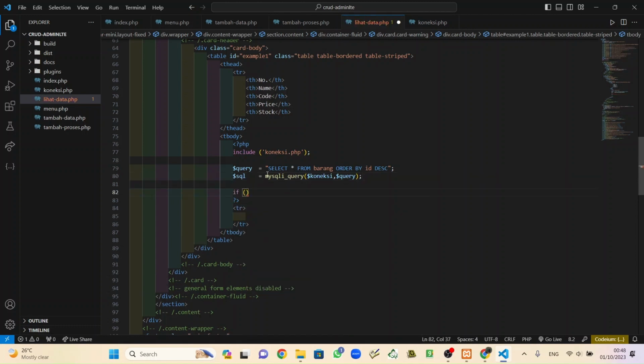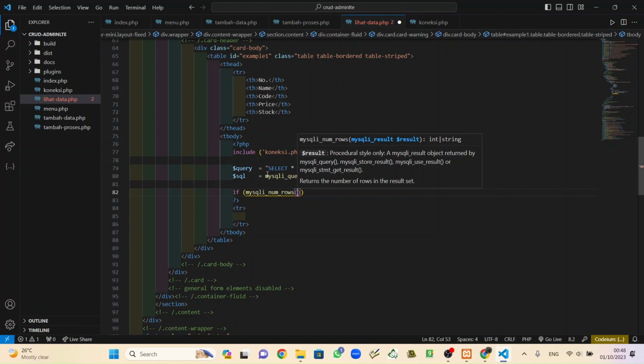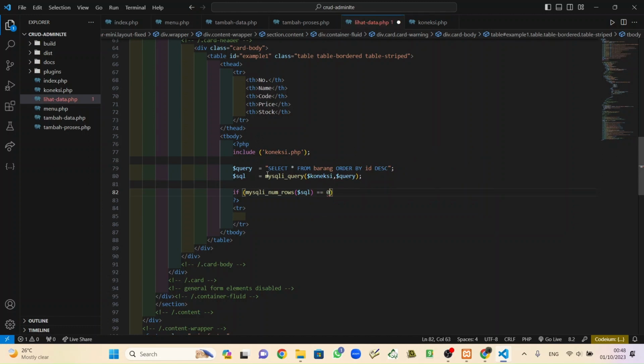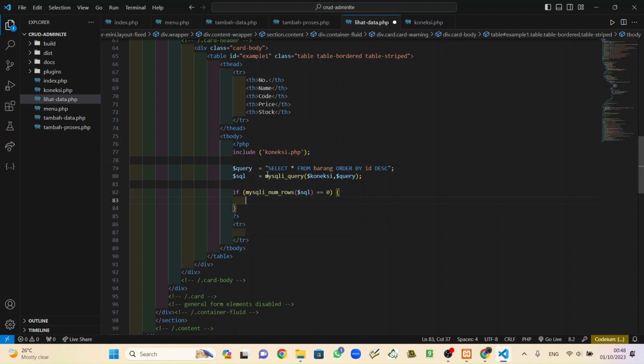And the condition: if mysqli_num_rows of sql is the same as 0 or empty, so echo tr, td, colspan, 'Tidak ada data', close td, tr.